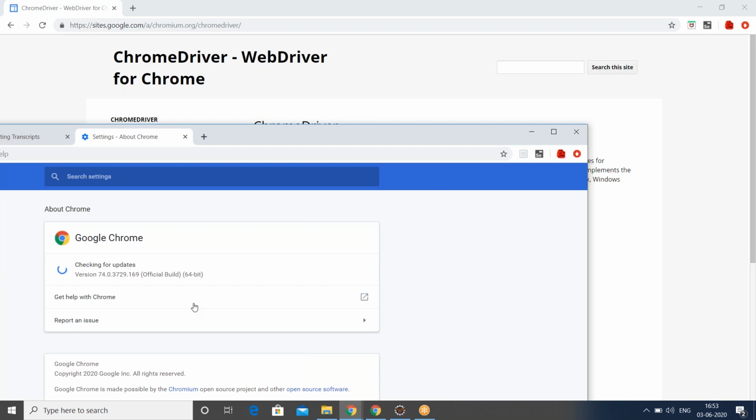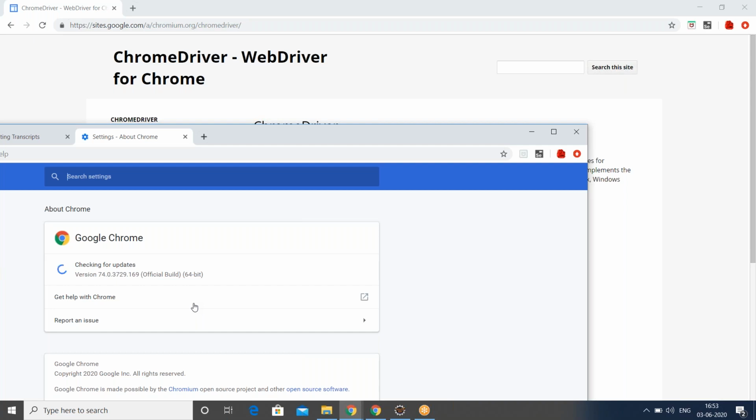But you should remember that the Chrome driver version you download must match your browser version. Let us say we are using Google Chrome 74 or 75 in our system.